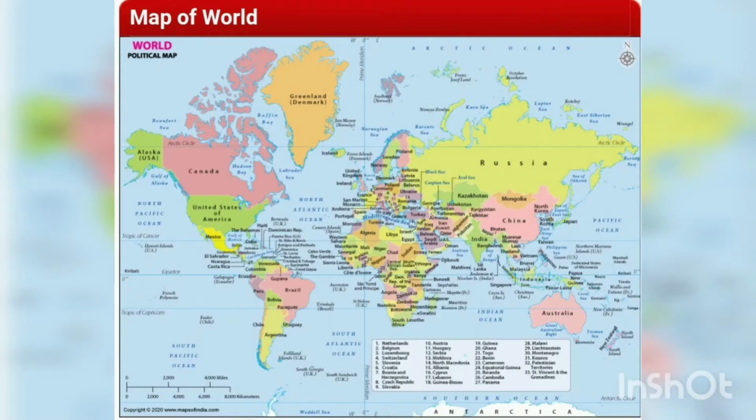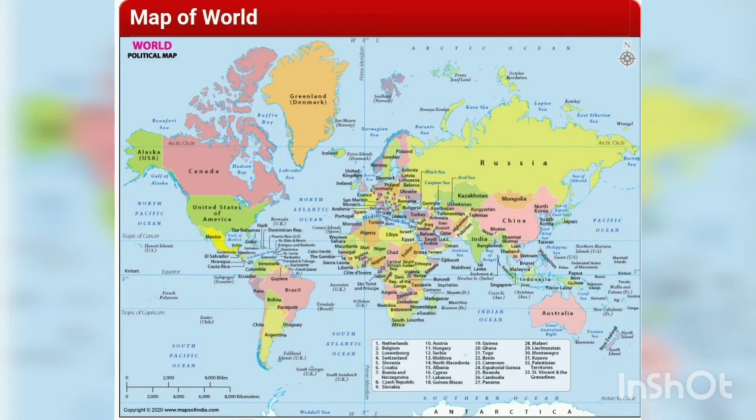Now this is a political map of the world. In this political map you can use any color you like to demarcate a particular country, so that it is easy for you to find, and there is no hard and fast rule regarding the use of color in a political map. But for a physical map, colors are given according to the height of the land, so you can use only those dark brown, light brown, green and other colors which you are given. So this is the political map of the world.